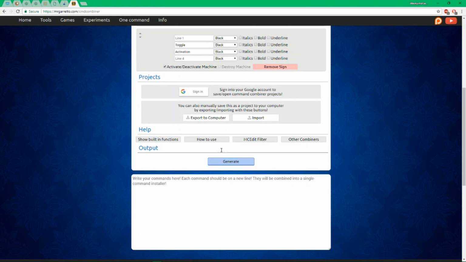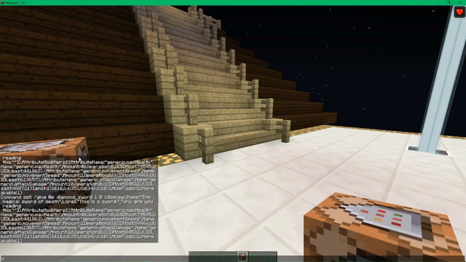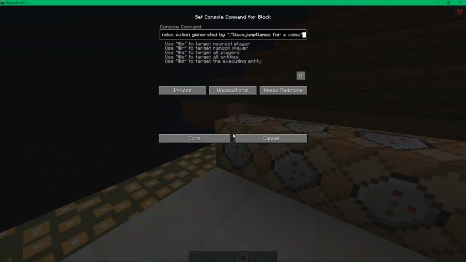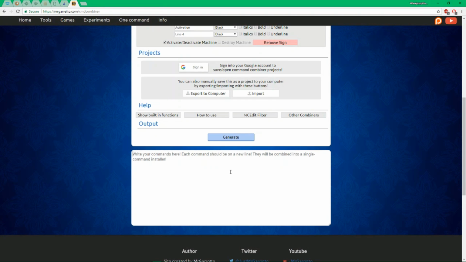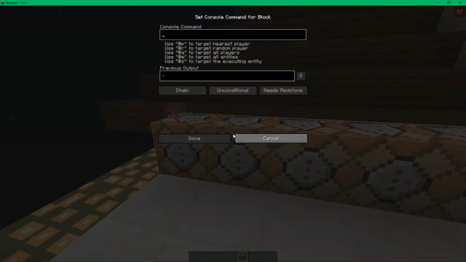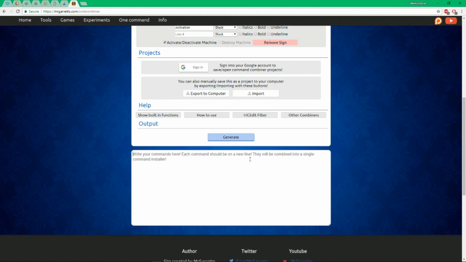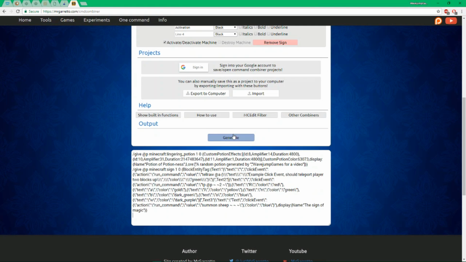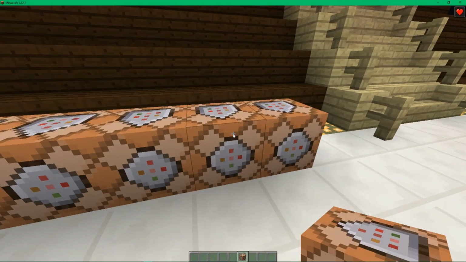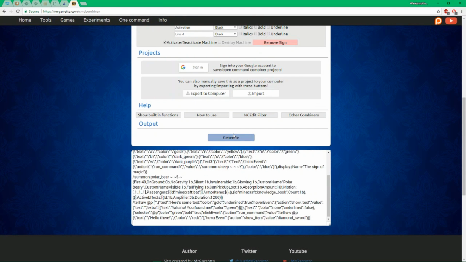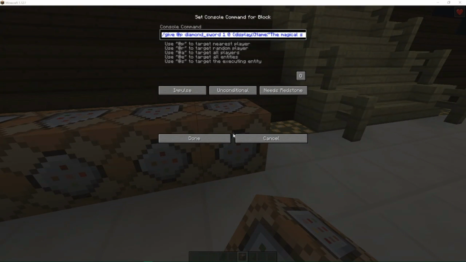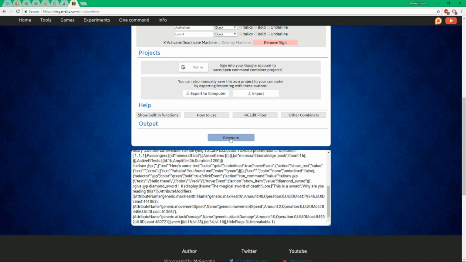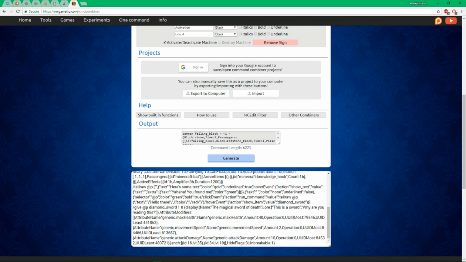But what we're going to do here is go into Minecraft and copy and paste each individual command here in order. So we're going to paste that one in here, and oops, I just realized each command should be on a new line. Okay, that's what I thought. And I'm going to paste that next one in there, and we're just putting an enter between each one. I'm going to just summon and Telra and all of that good stuff, the give command, and now when I click generate, it might take a moment here. It gave me a 6,221 character